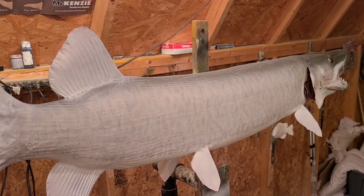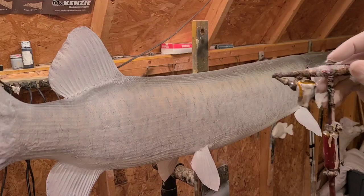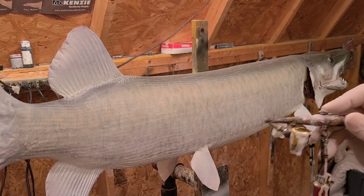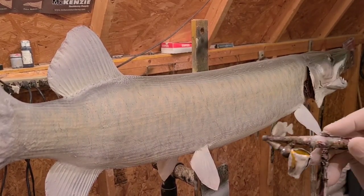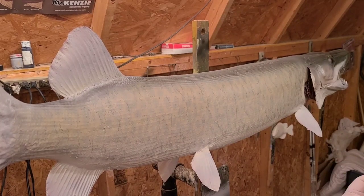Okay, now I've got yellow ochre. Basically, I'm going to cover the side of the fish with that prominent yellow color that we see on the muskie around here. This is a light to medium coat, so I'm just going to put a sweeping pattern. I want it to grow on there. And you want to fade it out at the fin bases. I may have actually let my overspray go down a little bit too far, but